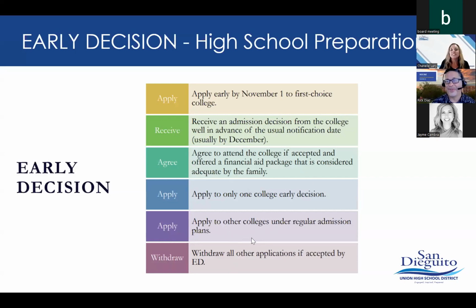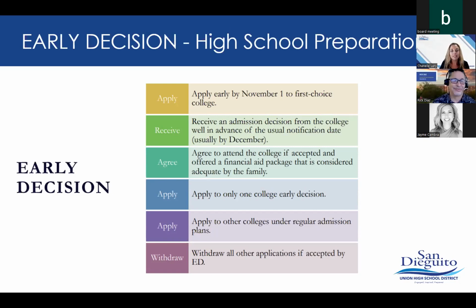Thank you. So as you can see from the high school perspective, again, with the students who are choosing to apply early decision, just as Rick was sharing, this is a binding agreement. This is a contract that the student and the parents and counselors are signing that if the student applies and the student gets in, they have every intention of attending. So this process, again, the early decision deadline to apply is typically the November 1 deadline. And then they usually receive their admission decisions in the middle of December.